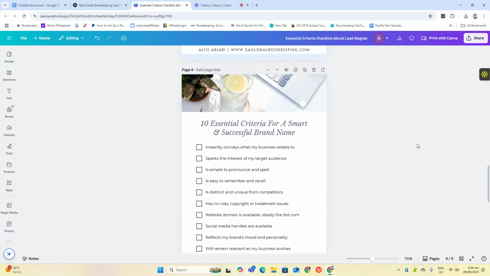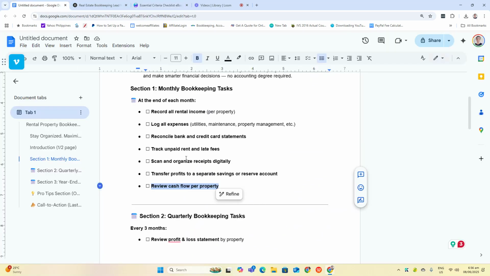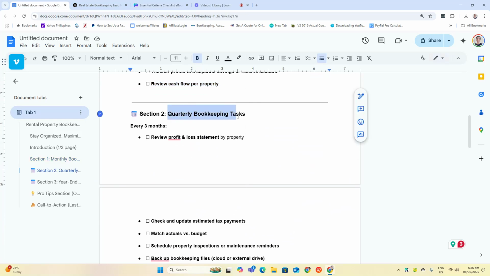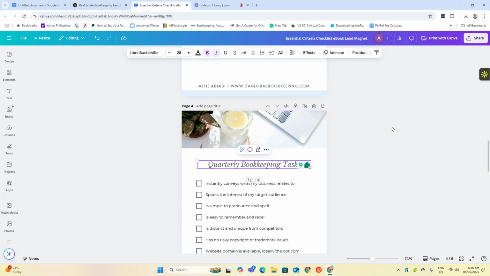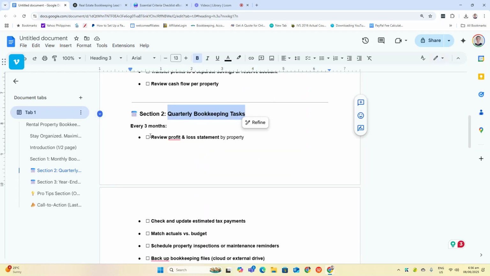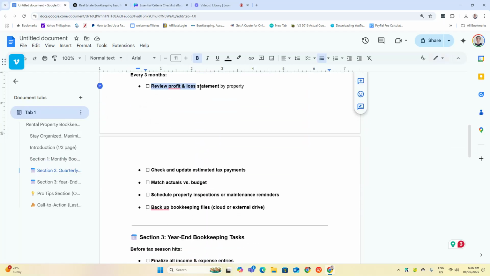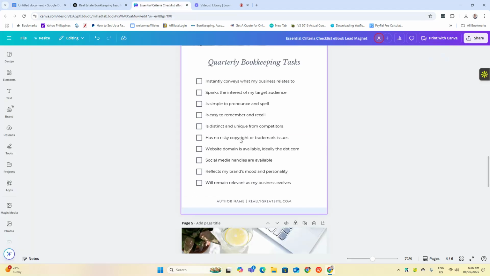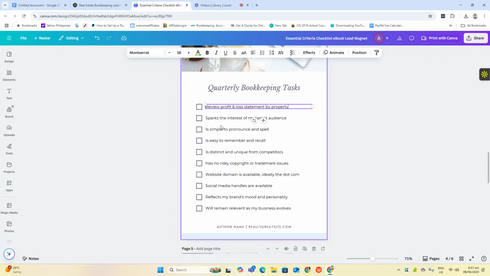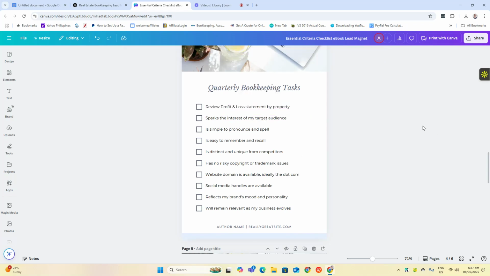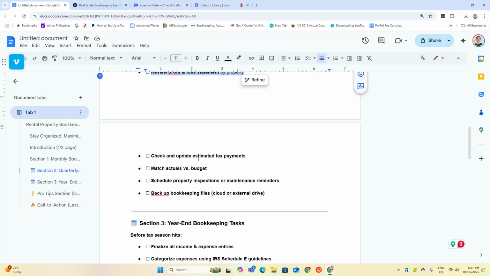Okay. The next is, I'm going to duplicate this again. So we have here quarterly bookkeeping tasks. Okay. Next we have review profit and loss statement by property. Okay.